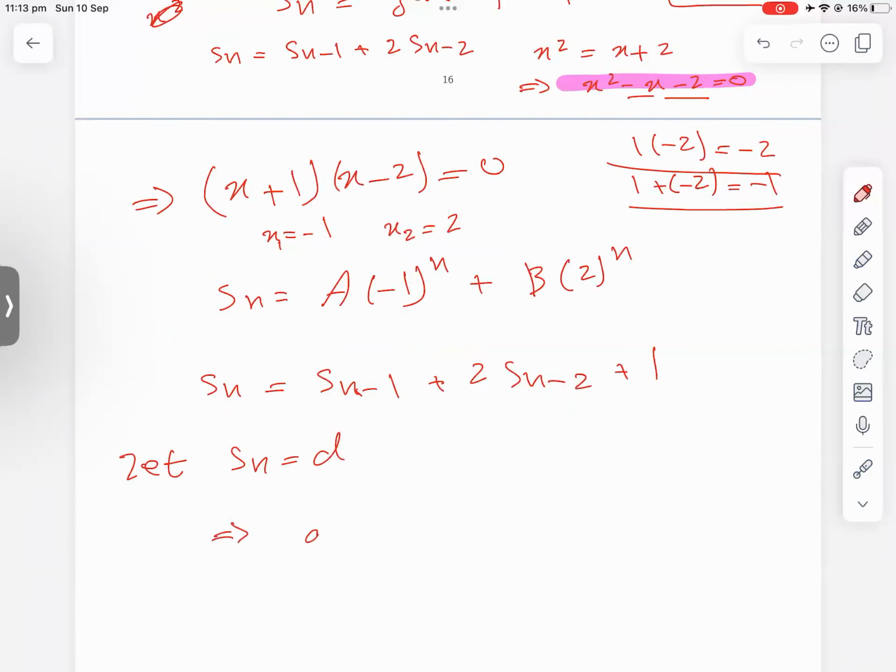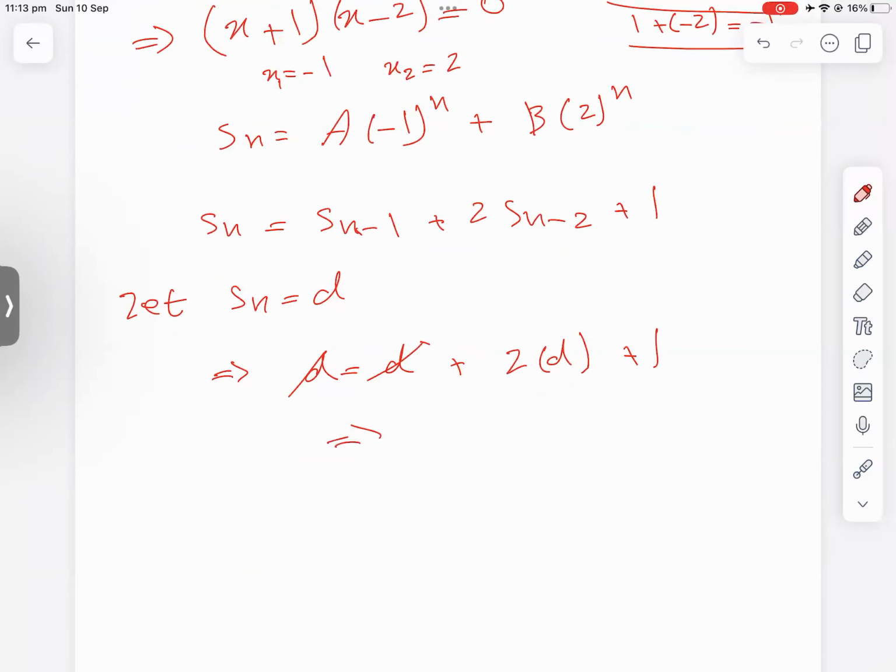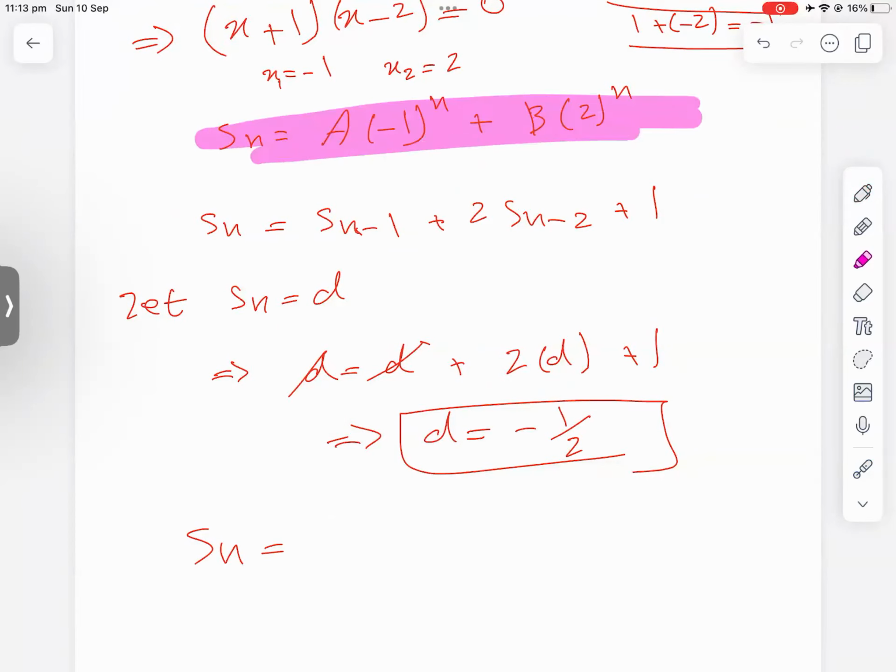Therefore, D equals D plus 2 times D plus 1. These cancel each other. From here, D is minus half. As a result, Sn will be the thing that we obtained already, this guy, plus B times 2 to the power n, and plus D, which is minus half. All right. That is the final solution for this non-homogeneous second